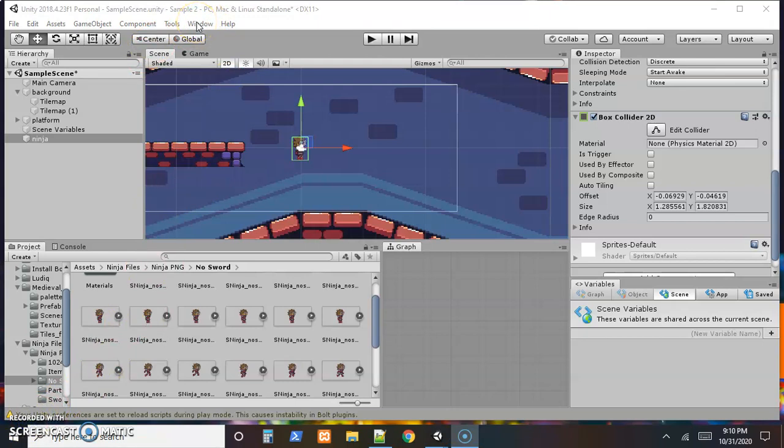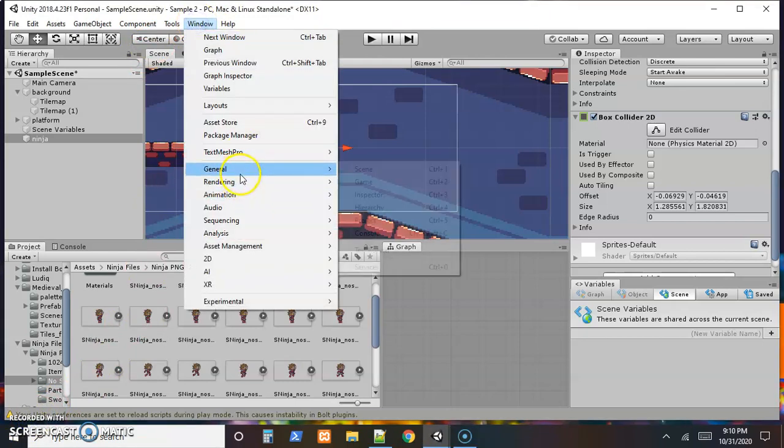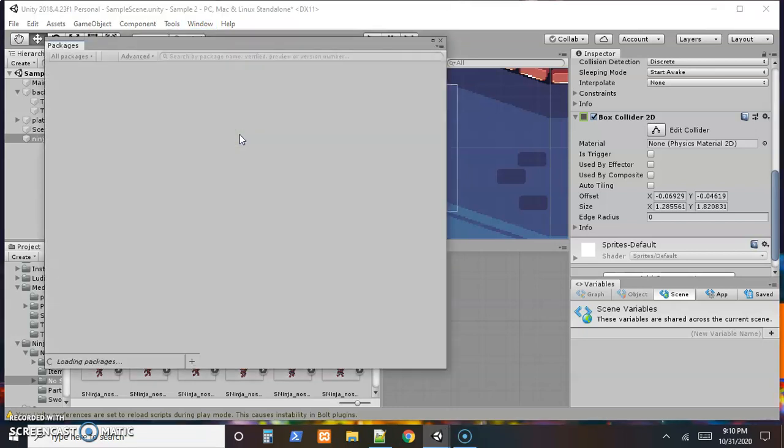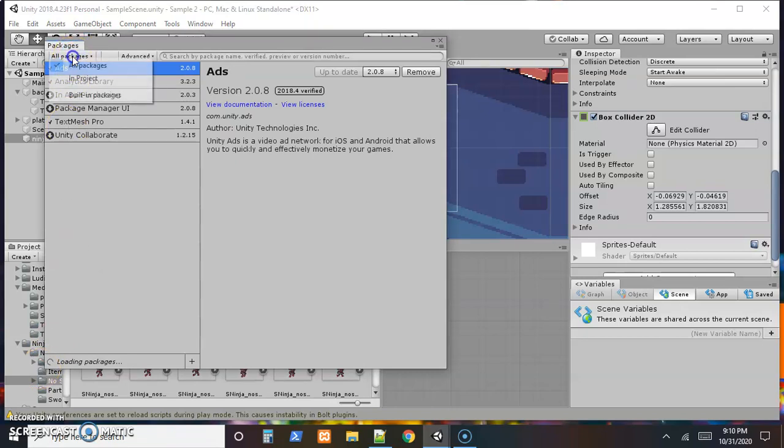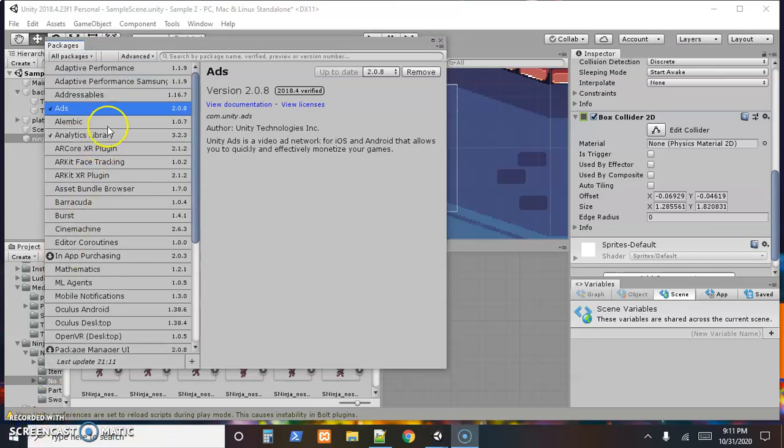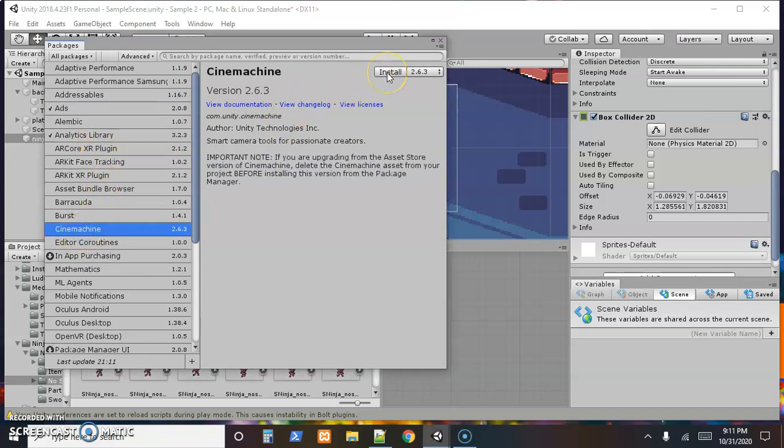So to do that, we can go to Window and Package Manager. Select all packages. Then we can just go through the things available in Unity and select Cinemachine to get a quick, easy camera follow and hit Install. And I'm going to pause the video while that installs. And when that finishes installing,